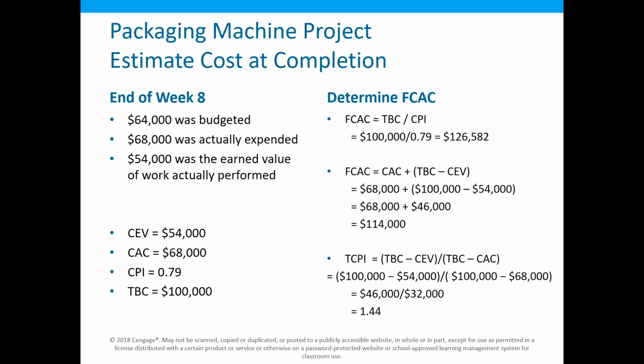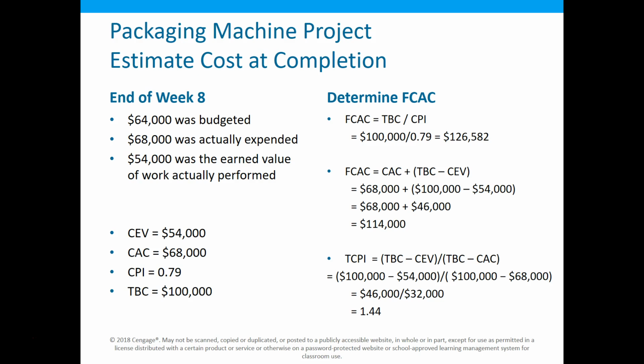total budgeted cost divided by that CPI. And I'm going to argue that's probably the most accurate method that we have. Because what it's saying, this is that ratio of our project, how it's going at this point. Nothing has said in this project yet that magically at week 8 we're going to suddenly improve that efficiency and we're going to suddenly shoot to the top and finish our project on time and on budget. So if our project started out and historically has been at this level, this is probably the most accurate method.